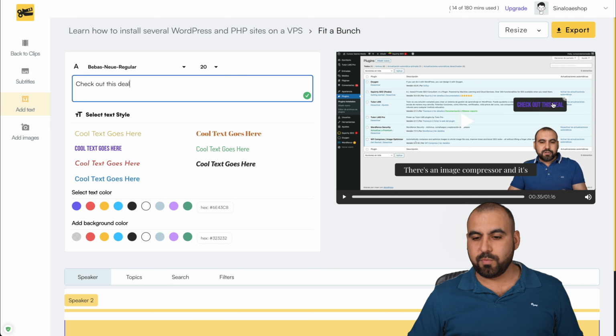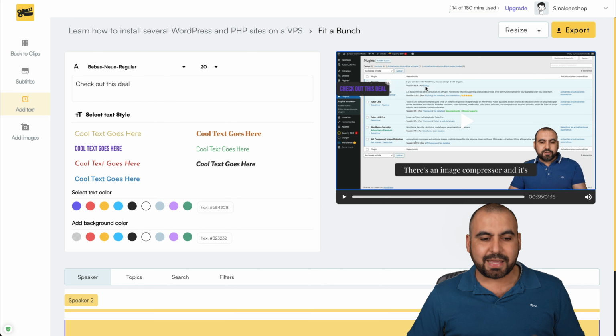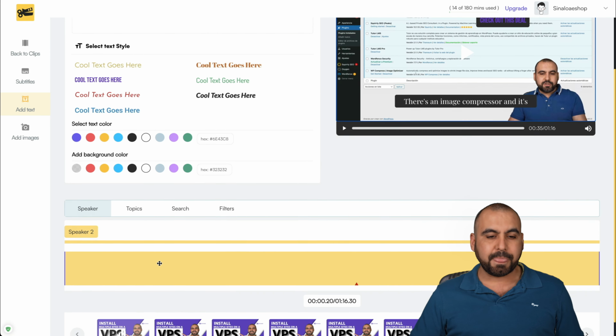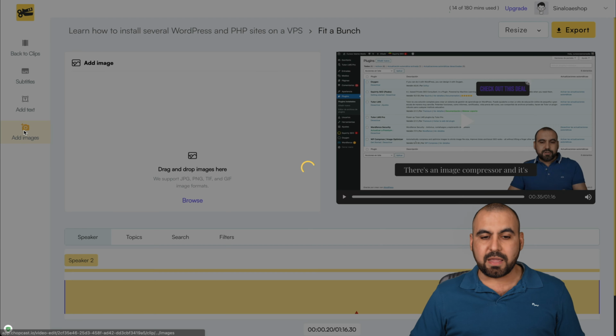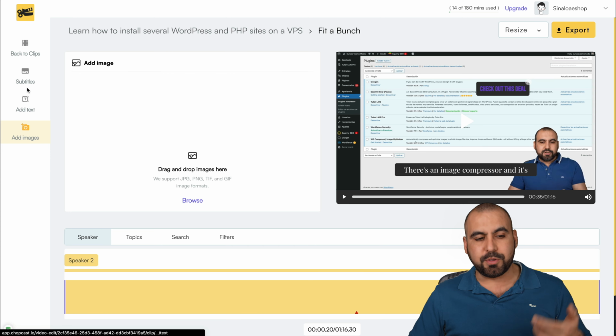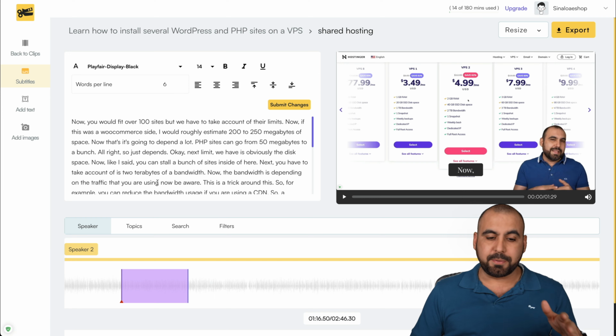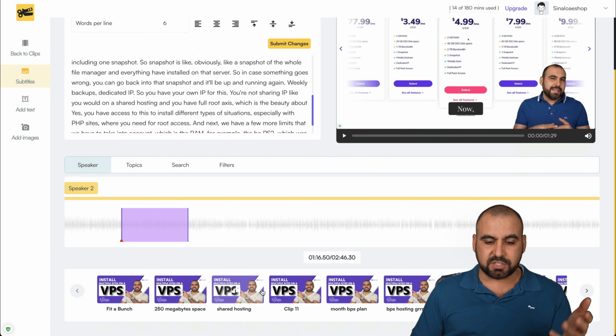You can go ahead and move it in any section that you want. So I like that kind of details that you get with this. You can change the colors, the font, the color for the background, and all of that. And that's pretty cool. You can also add images to this. I won't do it right now, but you can add those there.